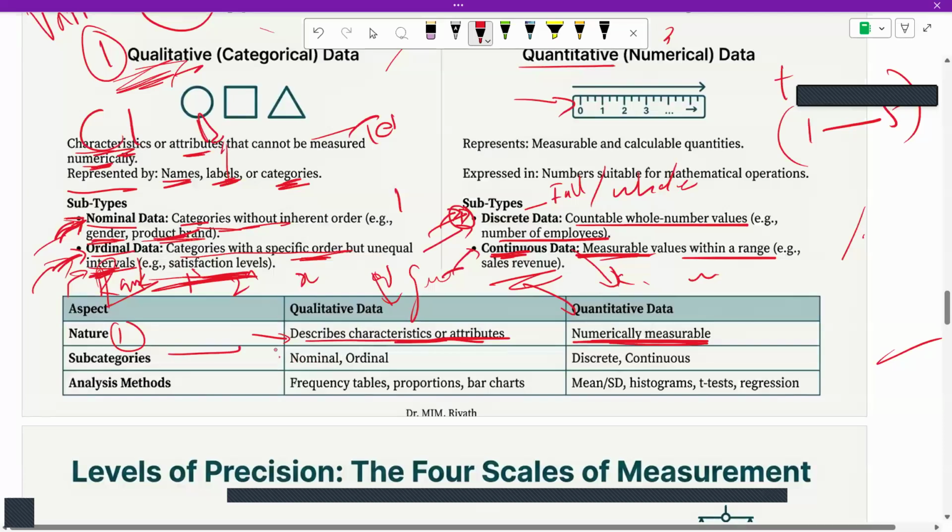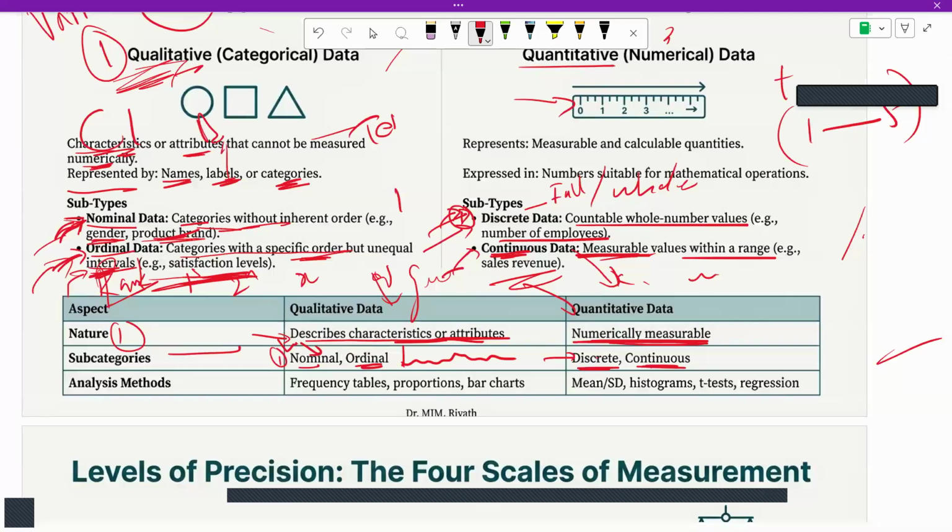Subcategories: first nominal data and ordinal data. Nominal data has no order, but they have labels. Ordinal, we can order based on some logic. That is ordinal data. Discrete data is a whole number. Continuous takes whole numbers plus